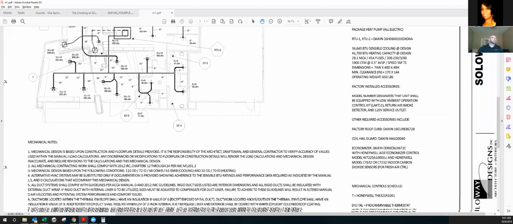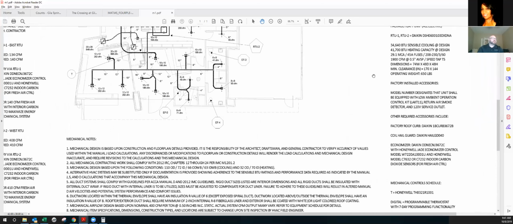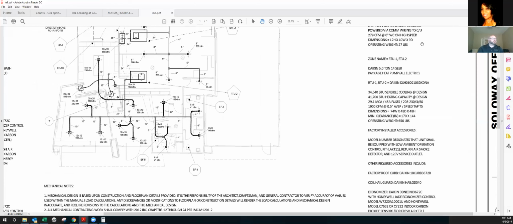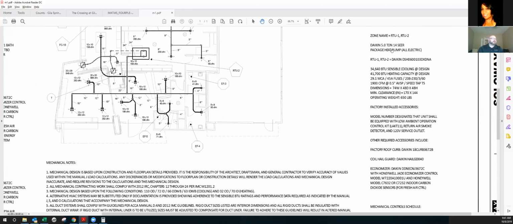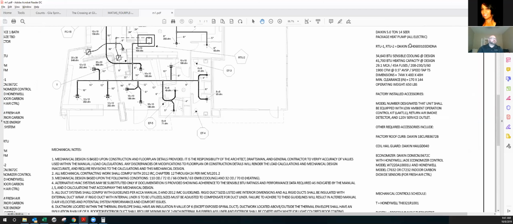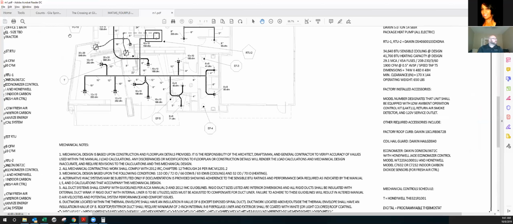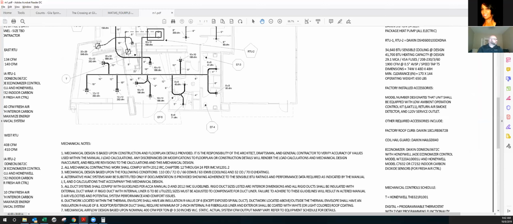So here, in the next section of the mechanical schedule, you've got the RTU1 and RTU2. So they've selected, fortunately for us, a Daikin DSH060. So that's a heat pump. So we could go, and here's our data that they've provided. So here we would go to